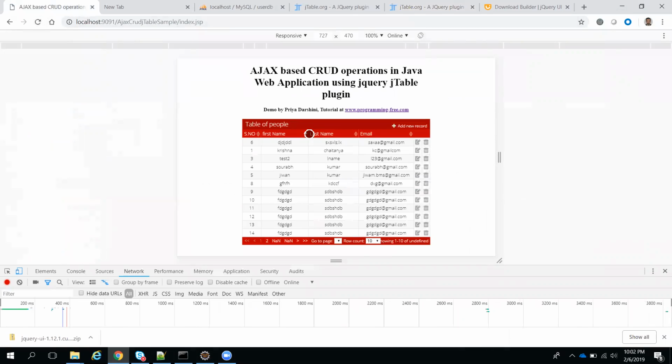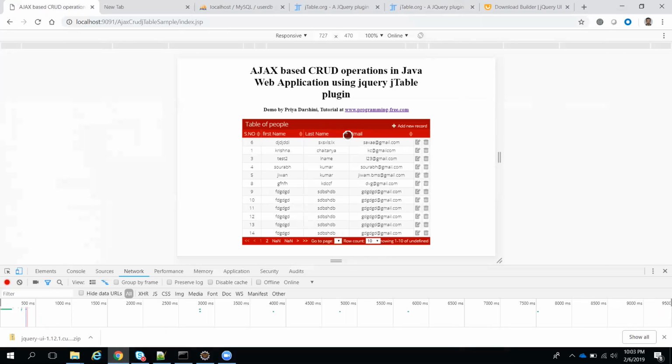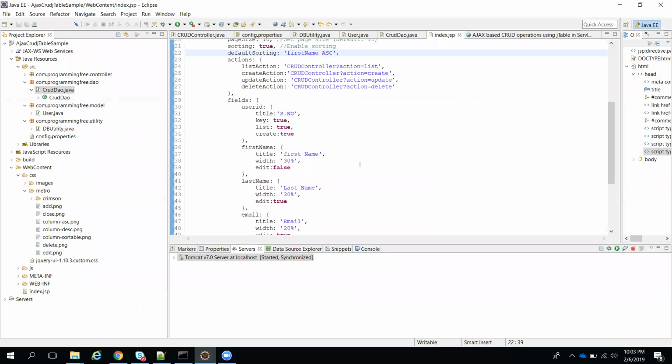See here, it is sorting your data. Is sorting working? Working properly. Default sorting is ascending based on this one.